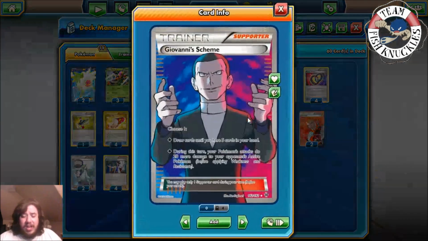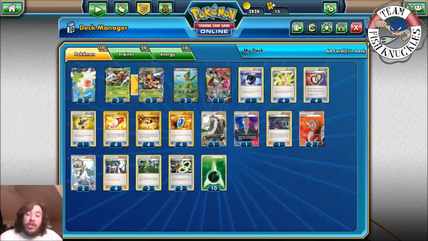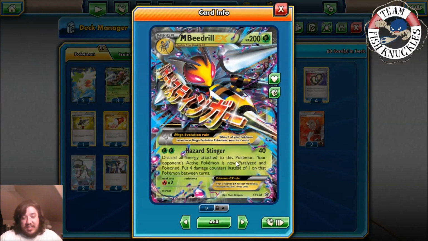We do play one Giovanni's Scheme, which some people might be saying, alright Squeaky, this card is bad. Why are you playing it? Well, the second attack is actually really cool. You do 20 more damage to your opponent's Active Pokemon. So what you can do is Hazard Sting it for 60, plus the poison, 100, back to you, 140, and then back to them,